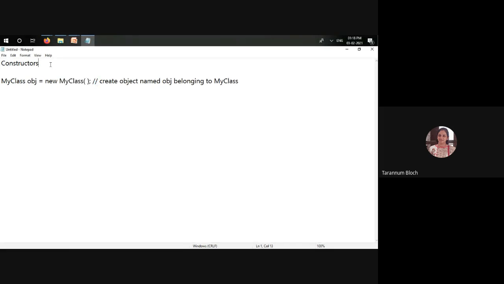A constructor is a very special function, and its task is to allocate memory to all the data fields belonging to that class. And another special property of a constructor is that it has the same name as your class name.